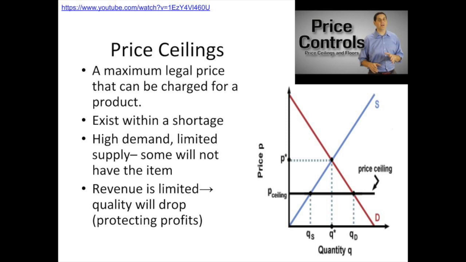Think apartments in New York City. Most New Yorkers cannot afford to live in New York City because it is too expensive. The mayor of New York City steps in and puts a cap on the price of apartments, creating a ceiling. Prices cannot go above that point. Now you might be thinking, won't that create a shortage? And it may, but the point of government involvement is that there's a problem impacting the people, and the government acts and steps in to try to make it more fair.